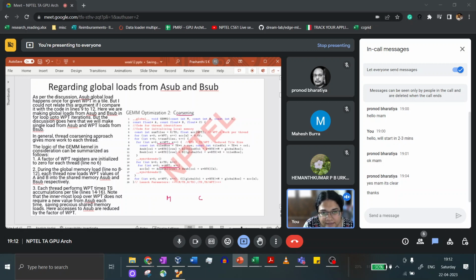Now what happens, let's say I load two things from memory and this takes, let's say this y-axis is time, right? Let's say this takes this much time and I'm only doing this much compute, right? So in a way, this is not very efficient because for this much amount of memory that you bring, you only are able to do this much compute, right? And then again you have to load. So this becomes a memory bound regime.